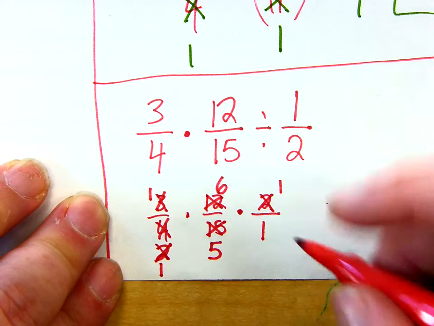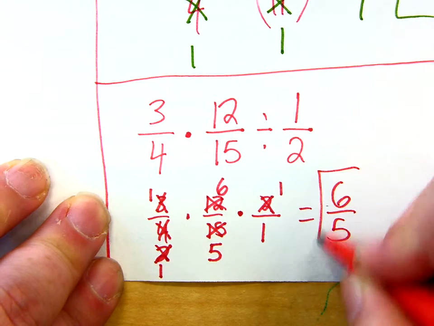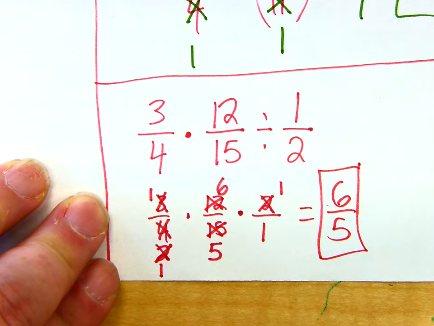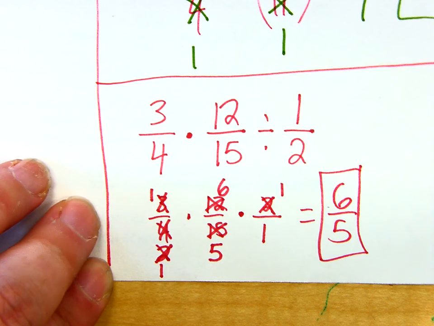I got it right. Yay. I got 6 over 5. Perfect. Awesome. Something I can be proud about. I'm telling you guys, multiplication and division of fractions is not so bad once you get the hang of it. All right, guys. So